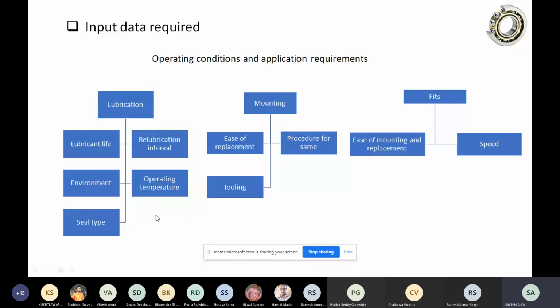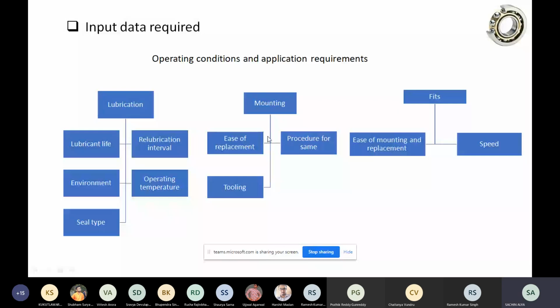Then finally, the sealing type. Sealing types come into play when we have to mount our system in some neat and clean place, and the other requirement is, suppose we have a dirty place like a very old workshop. So the cleanliness of the environment decides which type of bearing we should go for, because sealing protects the lubricant from contamination. So we have to select the sealing type carefully as well.